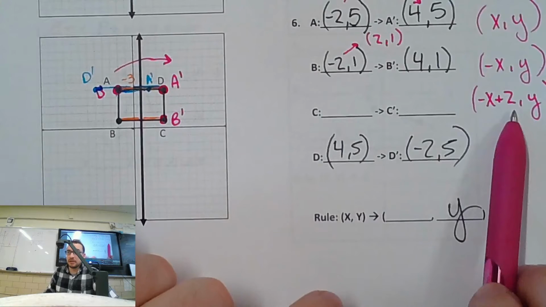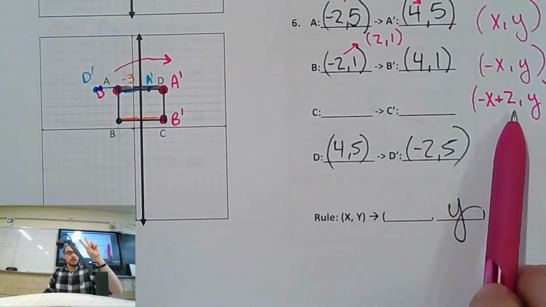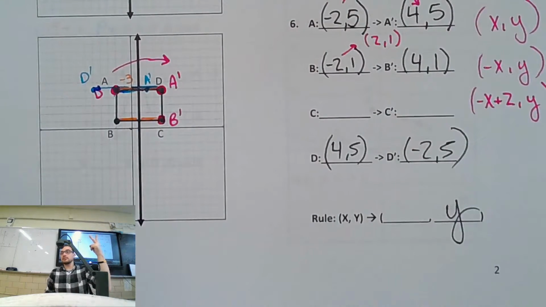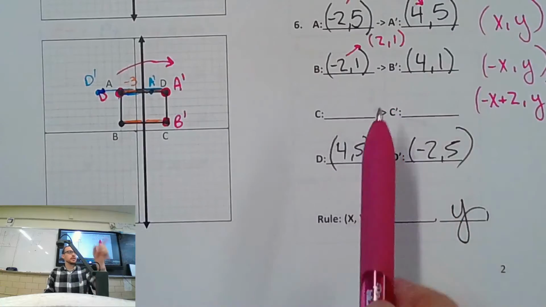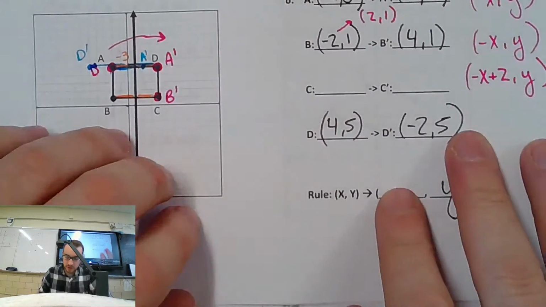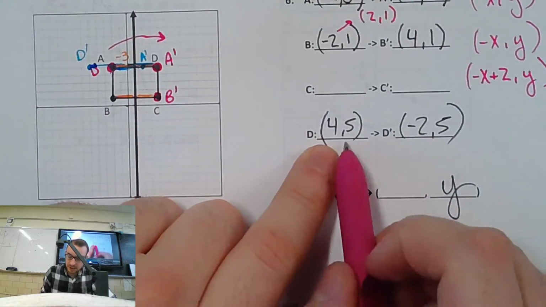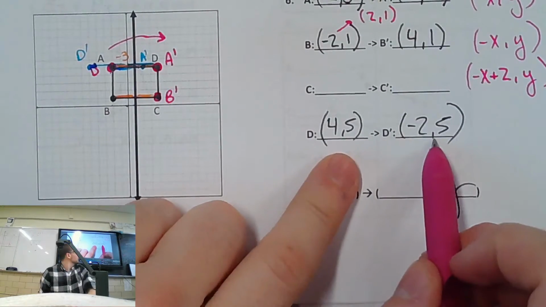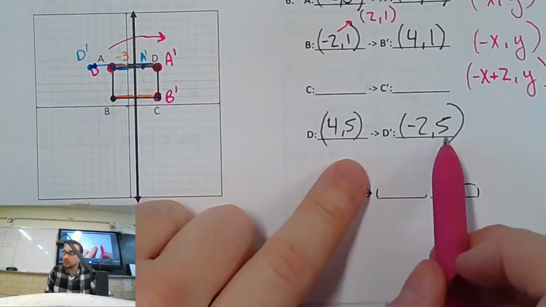How do we feel about that? Apply your flip like you would for any other, and then figure out what you got to do next, right? Do I add 2? Do I add 3? What do I do? Well, in this case, I add 2. Yeah. Can you use D again? So I look at D. Here's D and here's D prime. We cool with that? 4, negative 2? 4, 5, negative 2, 5?